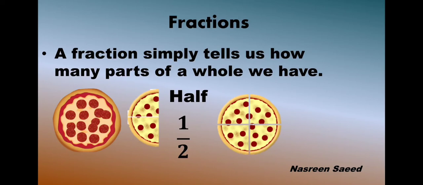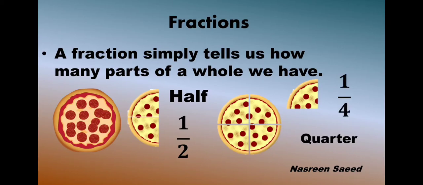But mother said no, the pizza will be divided into 4 parts and you will be getting the 1/4 part or quarter part. So this is quarter, that is 1/4. So the parts in which we are dividing and the part which we get, that is the fraction. In the first case I divided the pizza in 2 parts and I took 1 part, so it became half. Mother divided the same pizza into 4 parts and I got 1 part, so out of 4 parts I got 1. So that is fraction.